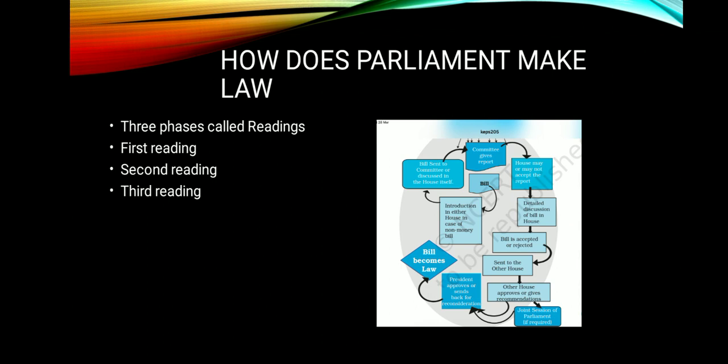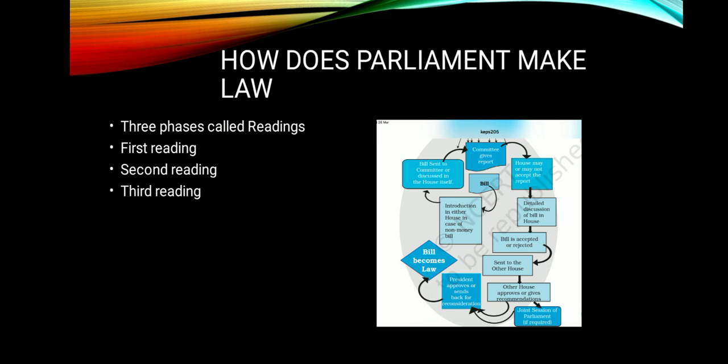If it is an ordinary bill, then it can be introduced in Lok Sabha or Rajya Sabha. But if it is a money bill, it will be first introduced in the Lok Sabha. So, the minister will introduce the bill in the House and he will mention why this bill is necessary and why the government wants to form a law over the issue. If there is any law already in existence, then why did the government feel the requirement of introducing this bill?